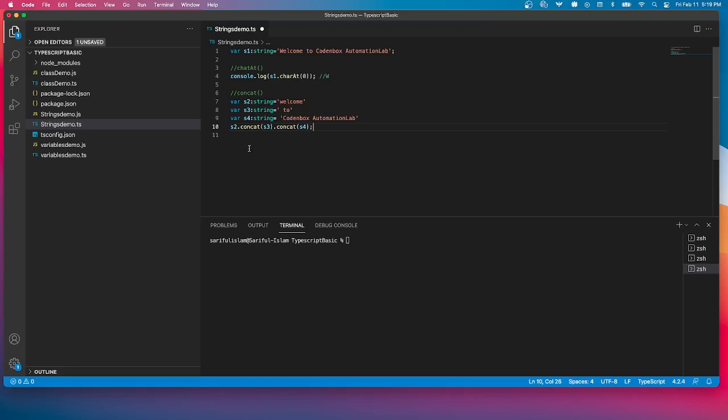So let's console it, console.log. Let's close the bracket. Okay, so it will print Welcome to CodeInbox all together. Let's save it and then let's run it. Let's run it, node, that's the file name, strings